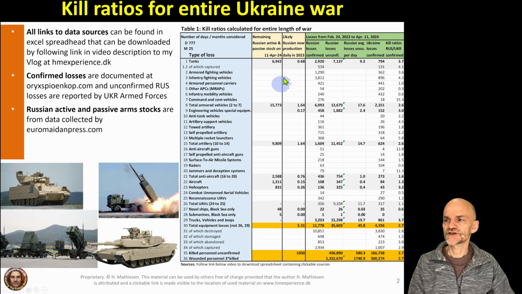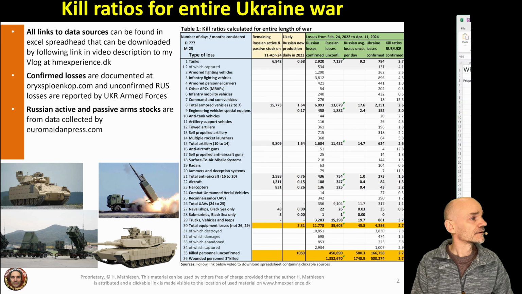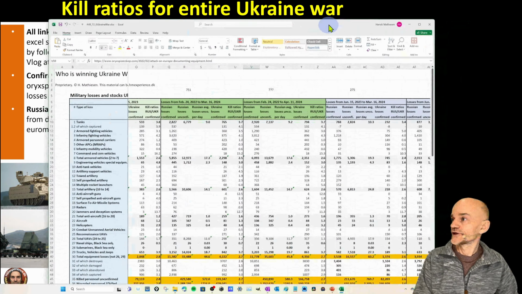It's a much bigger spreadsheet than this small table here, because it contains all my data, whereas this one is condensed data that just has what is suitable for a PowerPoint presentation. But you can download that Excel spreadsheet. I'll just briefly show you how it looks. Okay, so here it is, this table.